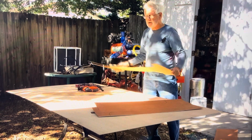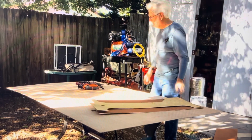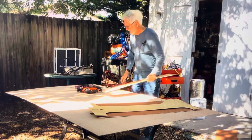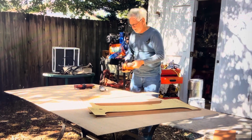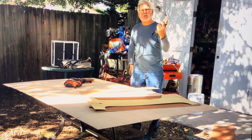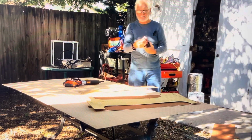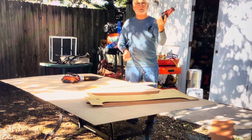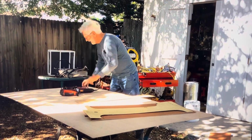So the first thing we want to do is cut this pattern. Cutting this plywood, it's 1/8 inch thick. It's pretty thin. You could use a jigsaw. You could use one of these vibrating saws. They work pretty good. For many years we used an air jigsaw, this is an electric jigsaw. But to be honest with you, today,